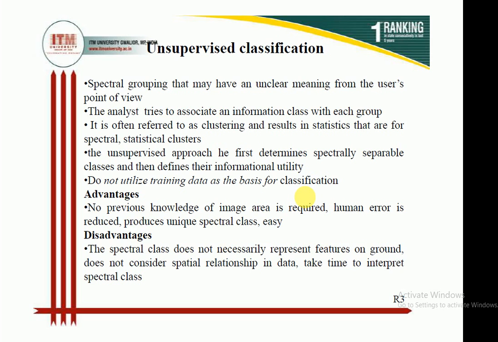So human error is very little in the unsupervised classification, but the main problem is that at the interpretation stage, it depends upon the analyst whether he is experienced or not. If he is an experienced person, then whatever land pattern he has predicted may be correct, but if he is not experienced, then the fidelity or authenticity of that particular result is not clear. So this is the problem in the unsupervised classification.